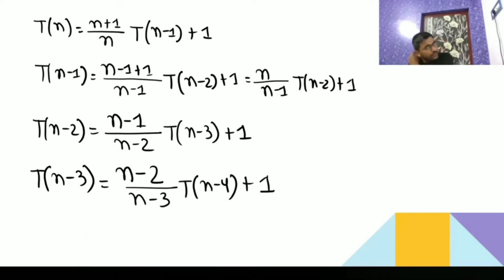Now we'll go to the next one. This way, the recurrence relation for Tn is decreasing. Now we will go to the equation. This is a little bit difficult one. It is not that easy.